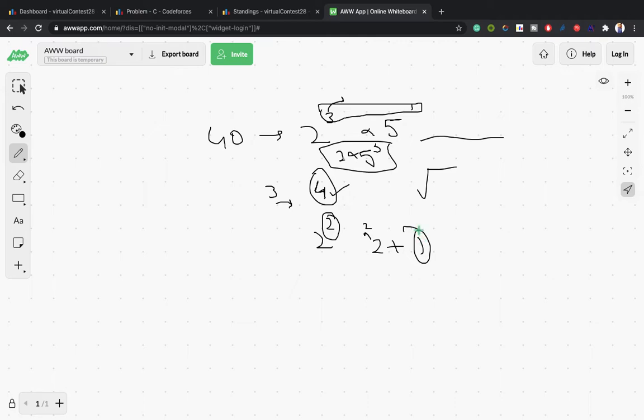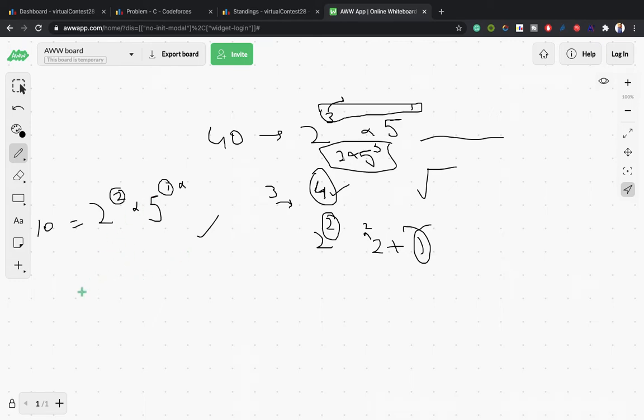So for checking the multiplication, we will check the maximum power, like in that previous case, 10. 10 is equal to 2 into 2 into 5. Here the maximum is 2, which is a complete power of 2. Here the minimum power is 1, which is not a complete power of 2. That means we need a multiplication.